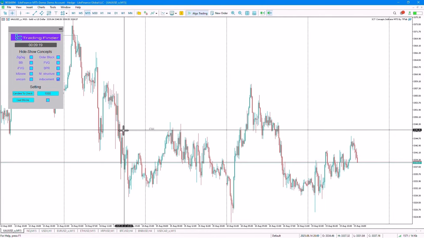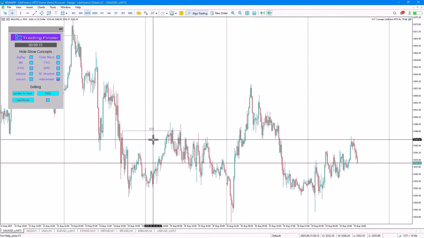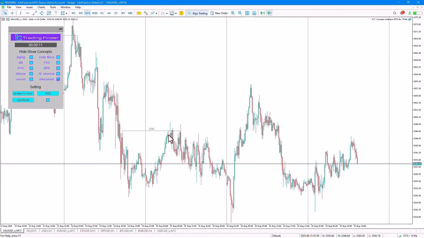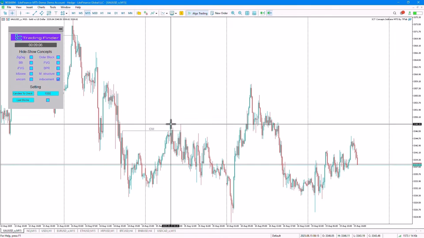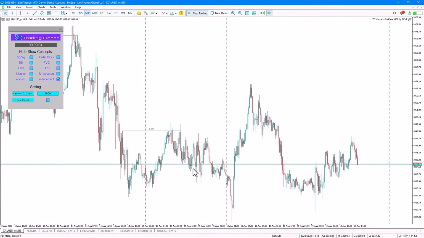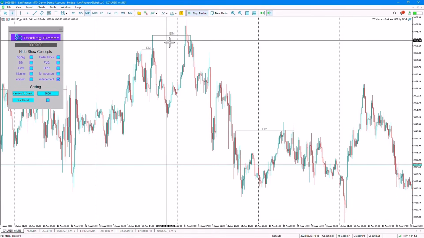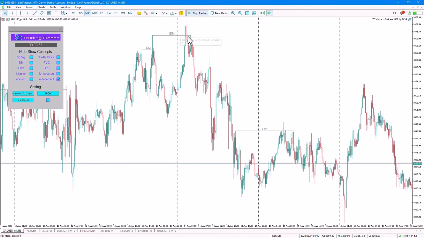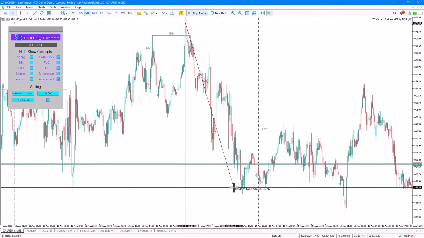For example, at this point, we can see that an IDM or inducement level has been identified. The price moved upwards, collected the liquidity and stop losses in the area, and after that, we see it moved downwards. At another level, again, an inducement level has been identified. The price moved upwards, created a fakeout, but after that, you can see it entered a main trend in the